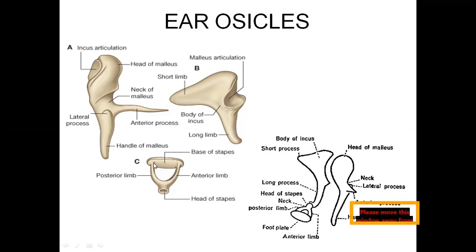Incudomalleolar joint. Then the stapes: this is the base or footplate of the stapes. It has an anterior limb, a posterior limb, and this is the head of the stapes. So we have three bones, in order M-I-S: malleus, incus, and stapes. This is the malleus bone, this is the incus bone, and this is the stapes bone. The footplate of the stapes is fixed in the oval window, which connects the middle ear to the